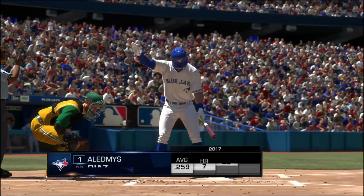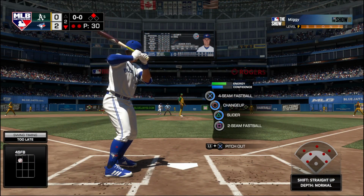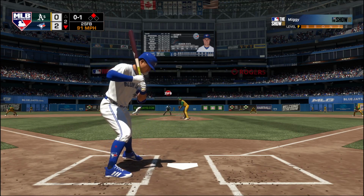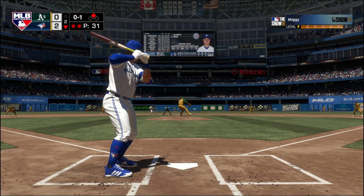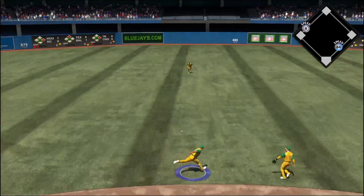He got him. Now to the plate, Aledmys Diaz. Opportunity for him here to pick up that runner from second with 2 away. From the stretch. Favorable call in there for a strike. You know, I think this is a big situation in this game. They've got a lead by a couple of runs, but they don't want to look back on this inning when this one's over and think that they left